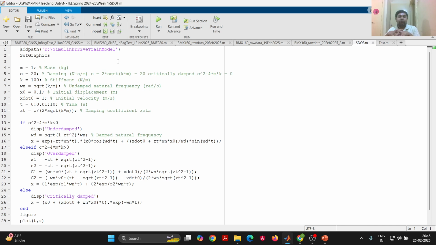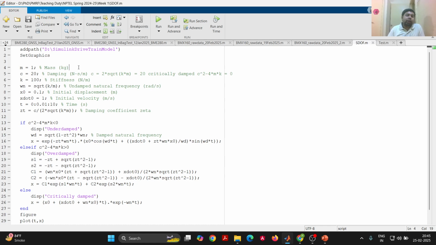So now here I already have a code which is written for this particular example where we have this spring mass damper kind of a system. In this code we are trying to analyze the response of the system to different initial conditions. So in MATLAB,